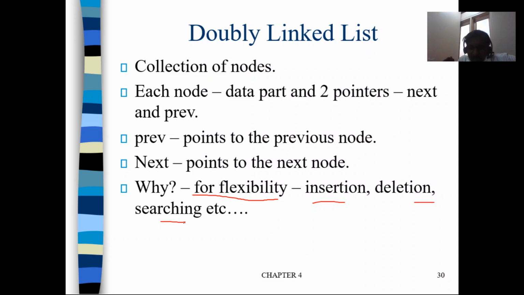See, previously we have discussed the advantages of linked list over arrays. Insertion and deletion can be easily performed in linked list, and that is the reason why we are going for linked list. Because if you do insertion and deletion with arrays, you have to move a lot of data values from one location to another location. Such movements can be avoided with linked list, okay? But there is also one drawback with linked list when compared with arrays. You know what that is?